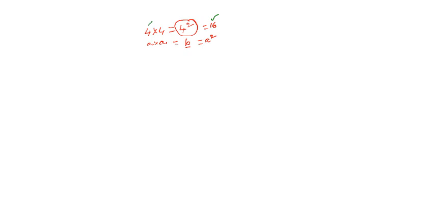That means the square of 4 is equal to 16. Here square means the product of two equal factors. What are those two? 4 into 4. If you take a number a, a into a is a square. It may be a number called b, then here b is the square of a.